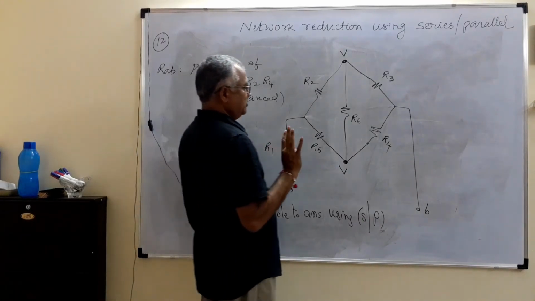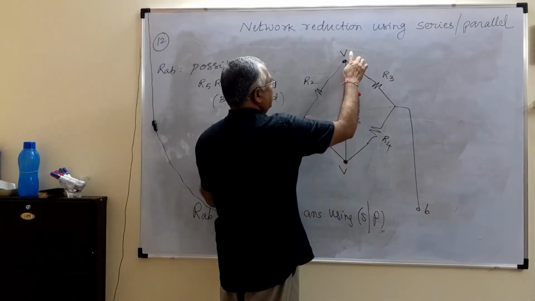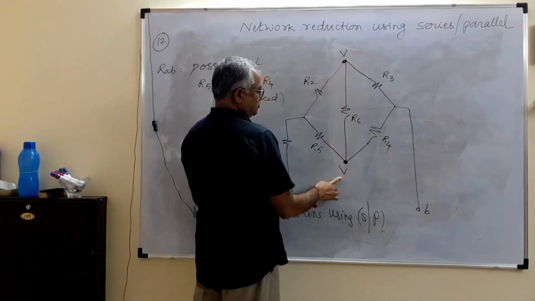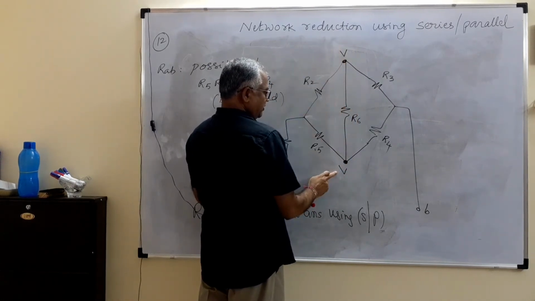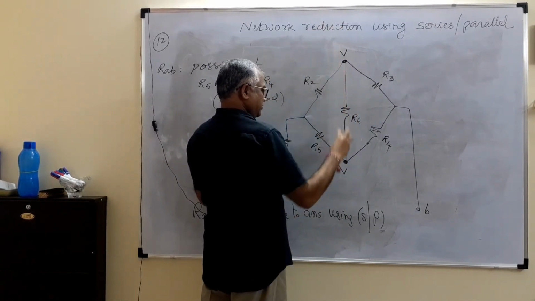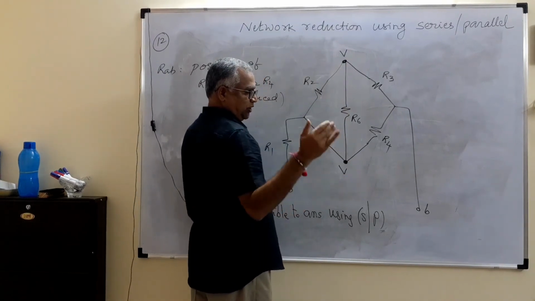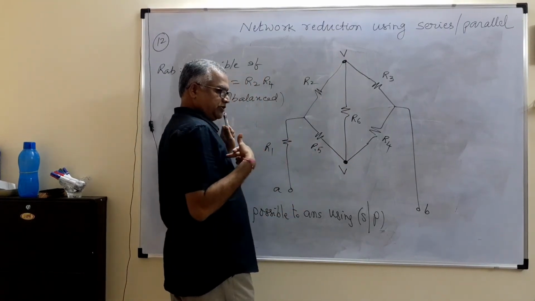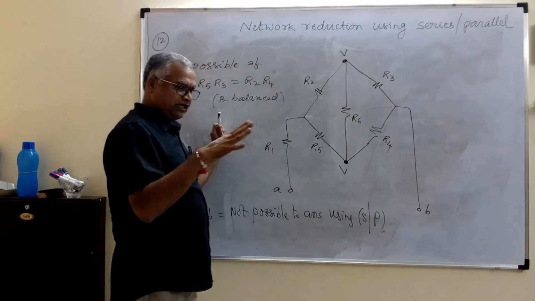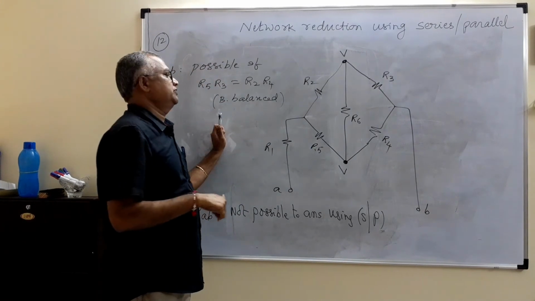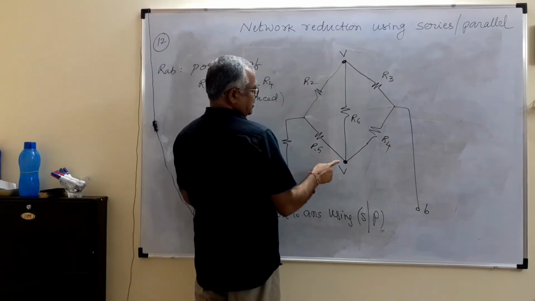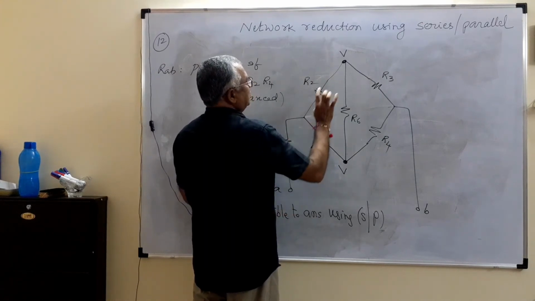So same and equal are not the same. Here 5 volts, here 5 volts. That 5 is not coming here. This 5 is different, this 5 is different. You have 50 rupees, I have 50 rupees. We are not having the same amount, we are having an equal amount. So these two voltages are equal, not same.